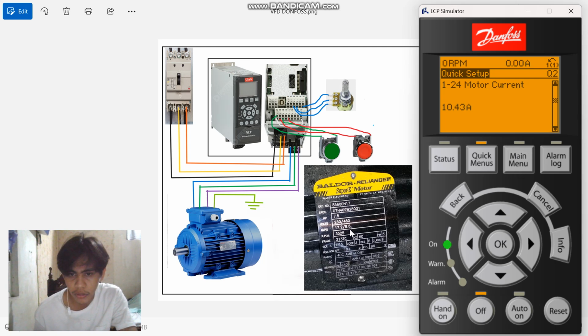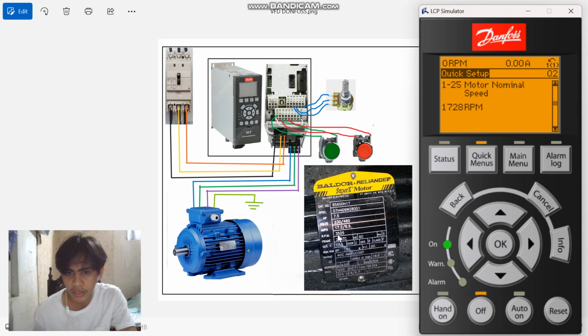So 8.6 times 1.15 equals 9.89. So 9.89 amps.